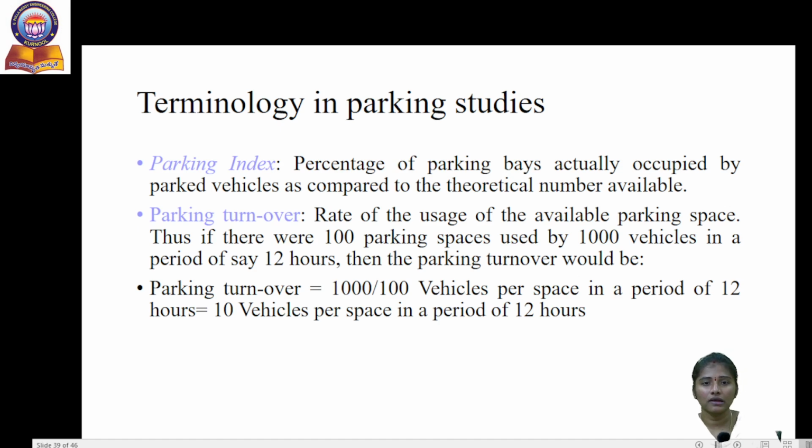Next, parking index. The percentage of parking bays actually occupied by parked vehicles, as compared to the theoretical number available, is called the parking index. Parking turnover: the rate of usage of available parking space is called parking turnover. Thus, suppose there were 100 parking spaces used by 1000 vehicles in a period of, say, 12 hours. Then the parking turnover would be calculated as 1000 by 100 vehicles per space in a period of 12 hours,